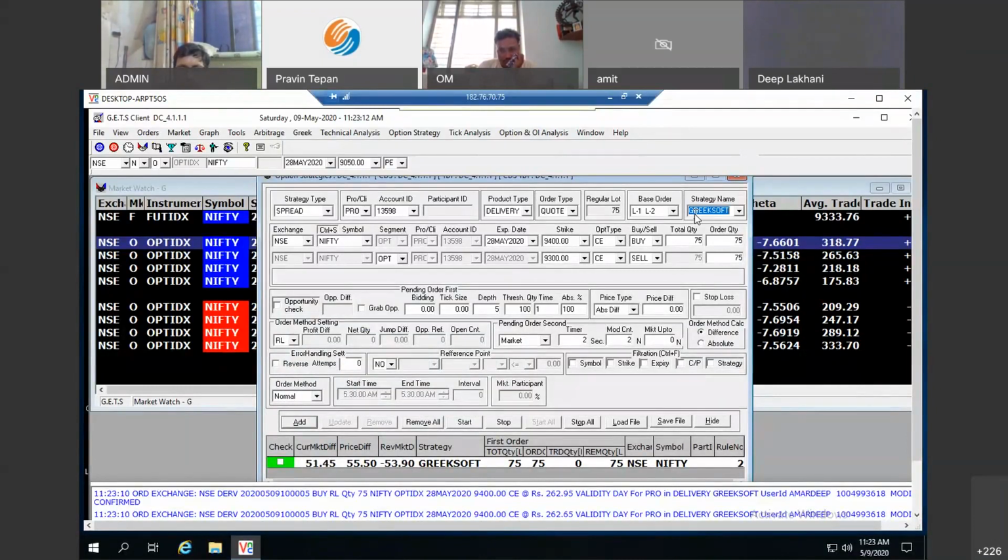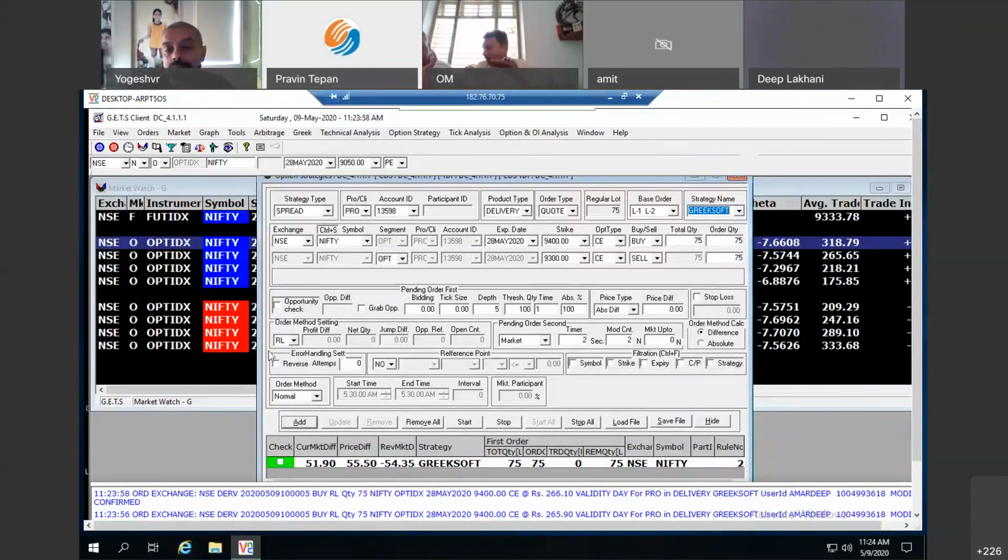So you can manage your Greeks strategy wise, and on the dynamic delta hedging screen as well, I would be able to hedge my Greeks, hedge my delta strategy wise. So it is important that you put a name to it. You can put any name, ABC, XYZ, SPD if you're making a spread, or else we have a back-ended setting wherein it will automatically make a strategy name for you.